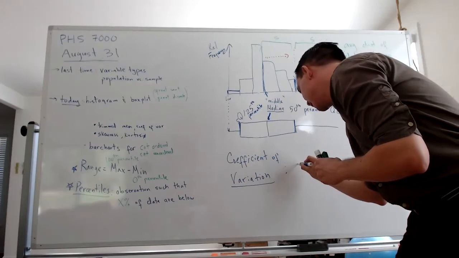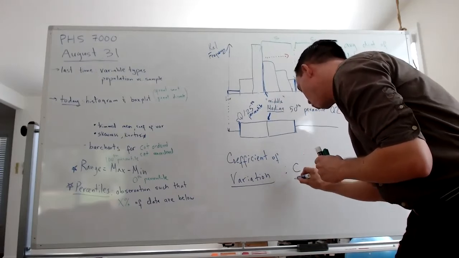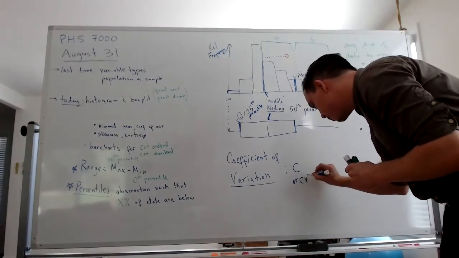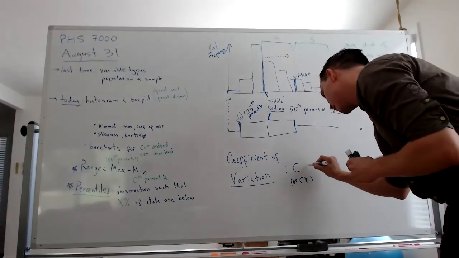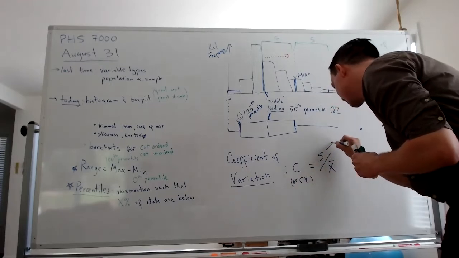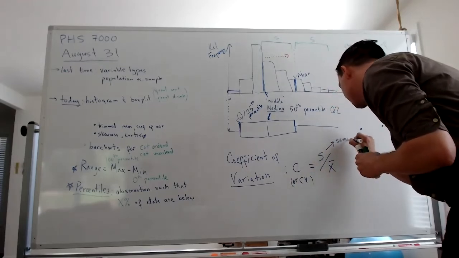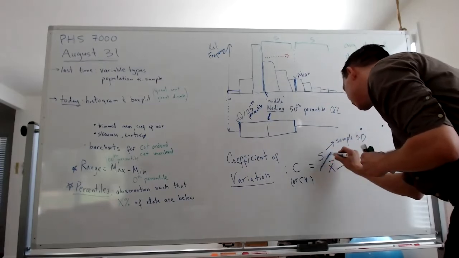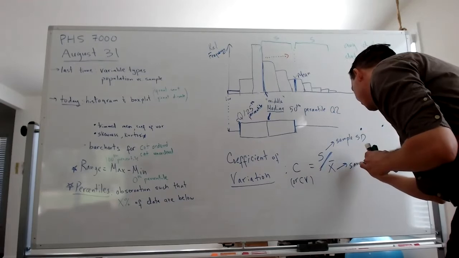I've seen C or CV as the notation, and it's just s over x bar, right? The sample standard deviation